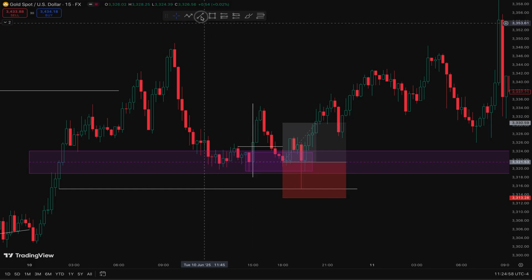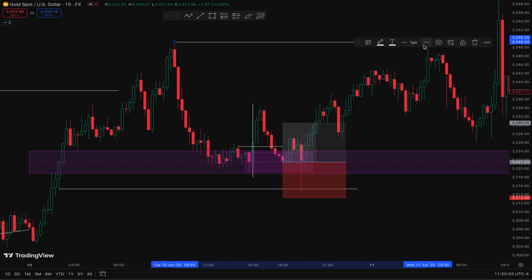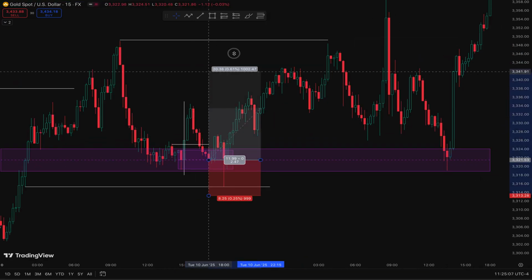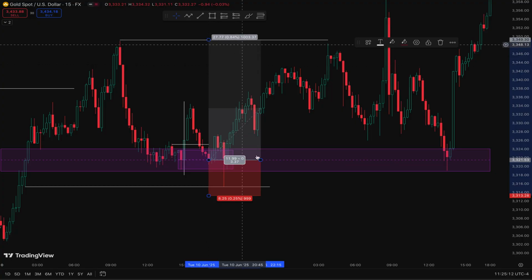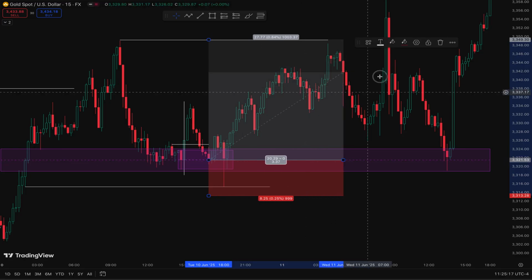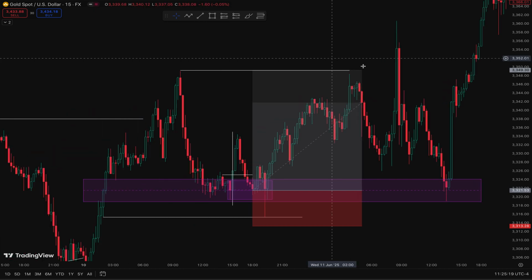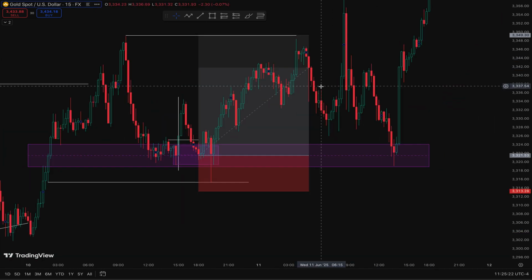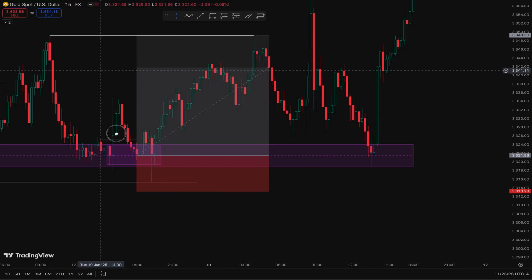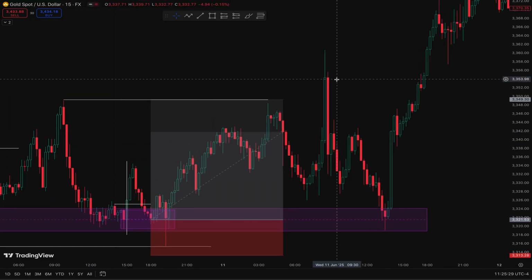Then my first draw on liquidity was here, so I got this first draw on liquidity. So that was the first target. That was almost 3.3 RR. It was an easy trade, yeah, easy trade. Price even pushed higher. So I took first TP here, then went back to the 1 hour time frame because price reversed